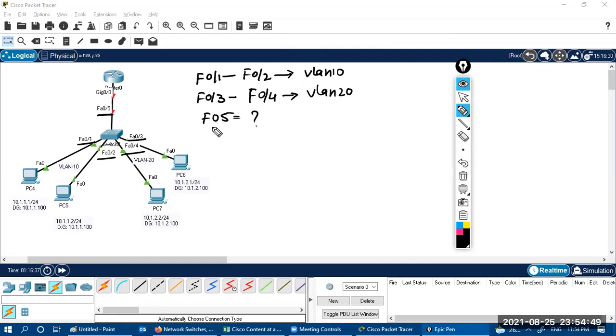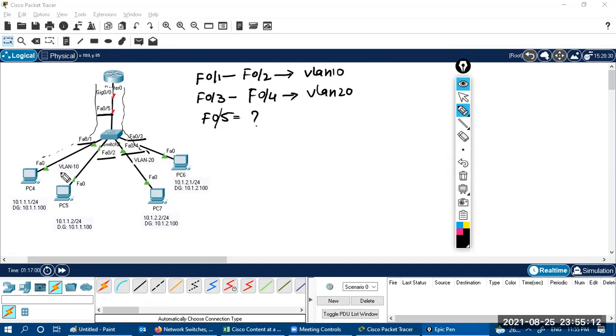If you configure F0/5 as a member of VLAN 10, it will carry only VLAN 10 information, not VLAN 20 information. If you configure F0/5 as a VLAN 20 member, it will carry only VLAN 20 information, not VLAN 10 information.